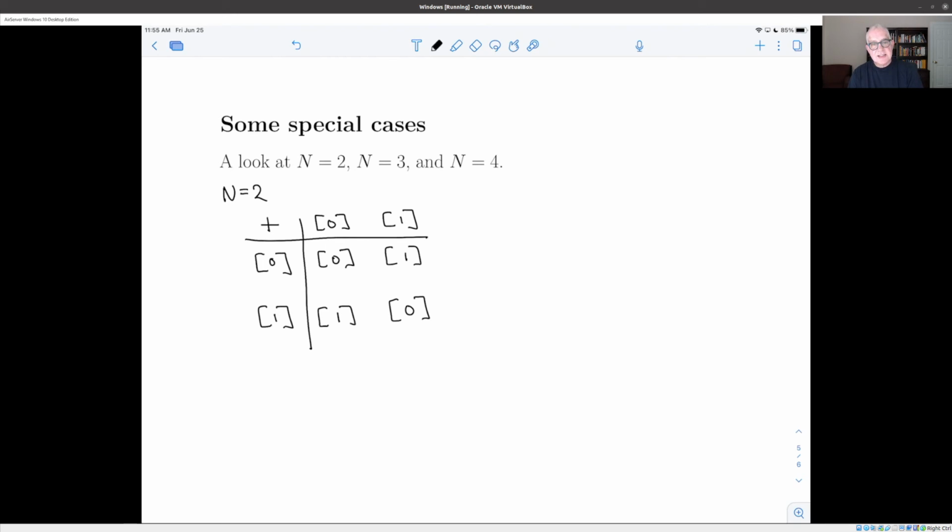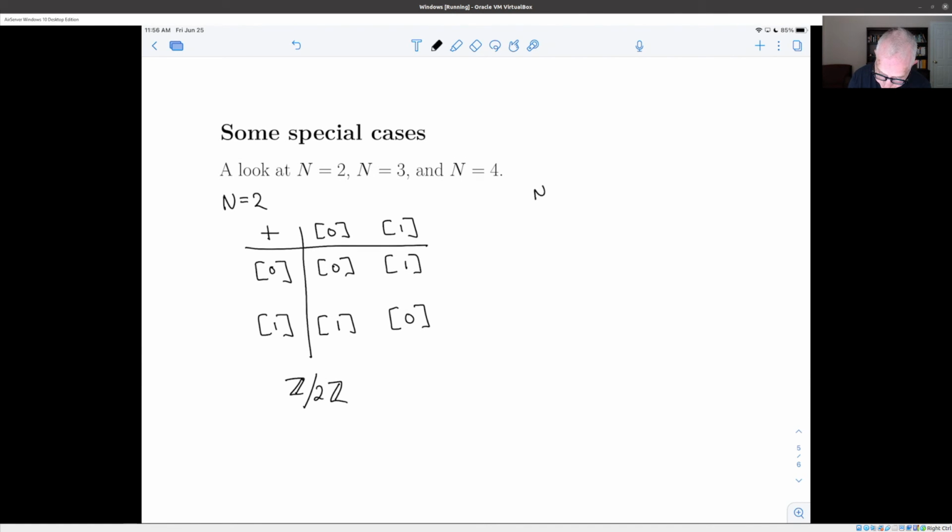So this gives us a set which has an addition operation. The set has only 2 elements, and it has an addition operation. We call this Z mod 2, or Z mod 2Z, meaning the integers mod 2. And we can do a kind of algebra here, a very simple kind of algebra where there's only 2 elements. If we want to do this for n equals 3,